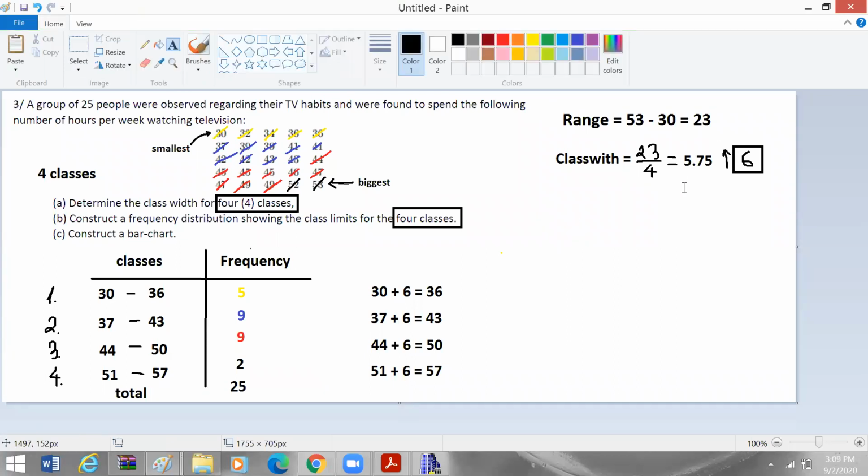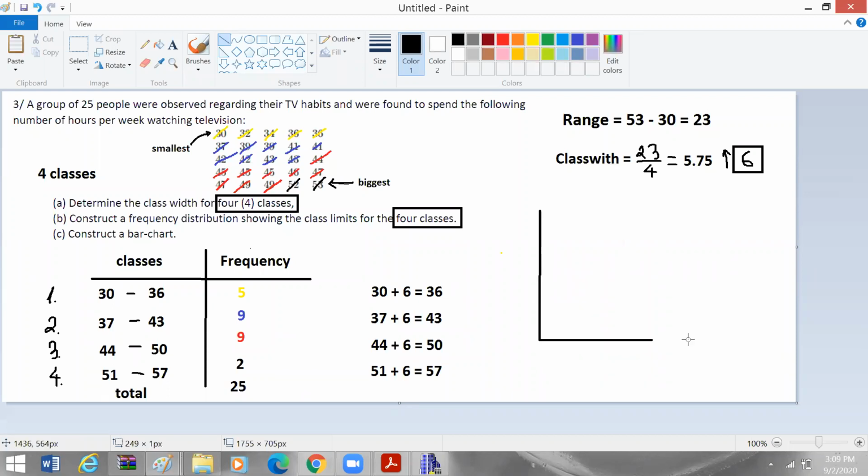Okay, so if you have 5.25 and you round down to 5, I give you full credit for that. If you round up to 6 and start your class, it looks a little different, but I still give you full credit for that. Are we good? Yes, thank you. All right. When you round down to 5, let's say 5.25 to 5, it should be okay to cover everything. But if that doesn't cover everything, you have to start the question over again. So it's always safe to round up.